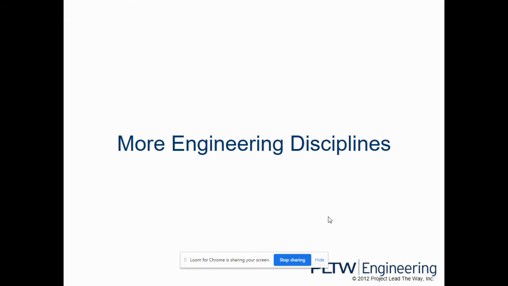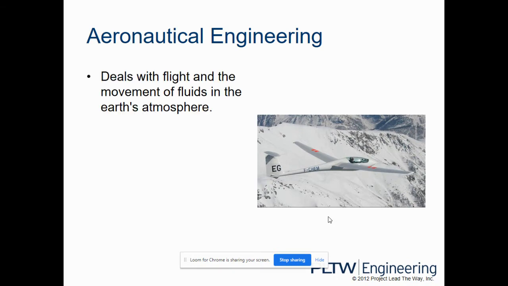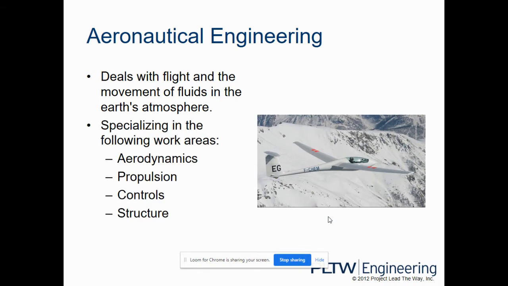Other things, we're going to go through these pretty quickly. These may be those areas where you find something really specific that you're interested in. Aeronautical engineering. Aeronautical means you're moving through the Earth's atmosphere. That's the main distinction. So when you want to fly, you want to make sure you stay in the air. You want to make sure you got something that is pushing you through the air. You need to make sure that something is controlling you so you don't run into something. Or while you're up in the air, you don't want to fall apart. So those four areas are the main areas where you're going to be working in aeronautical engineering.